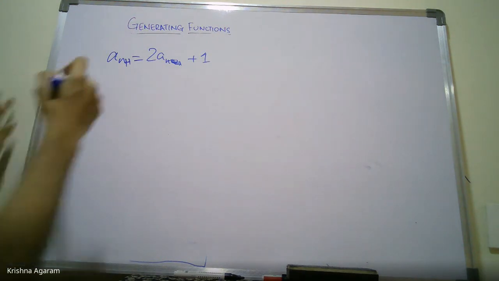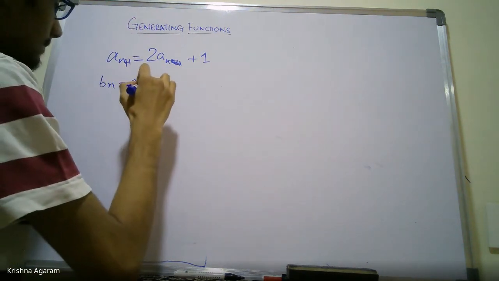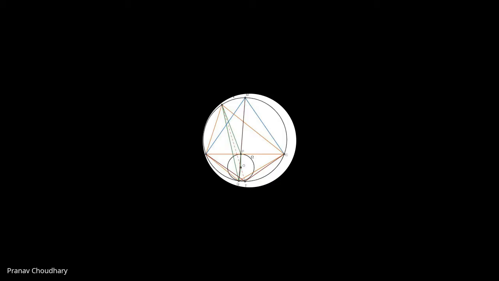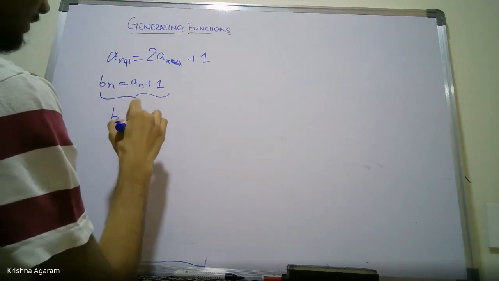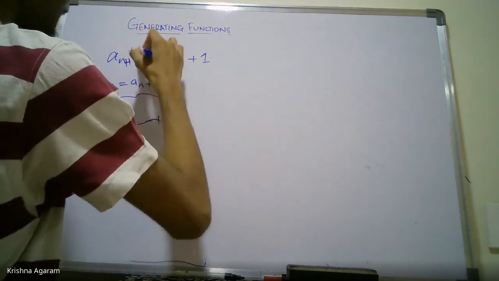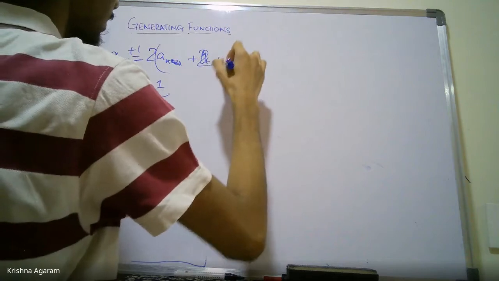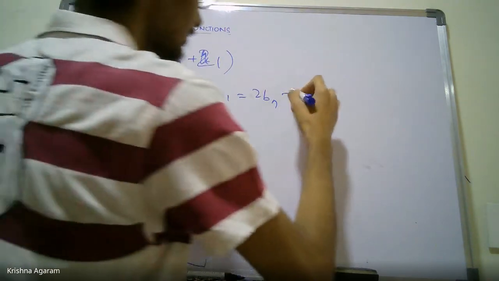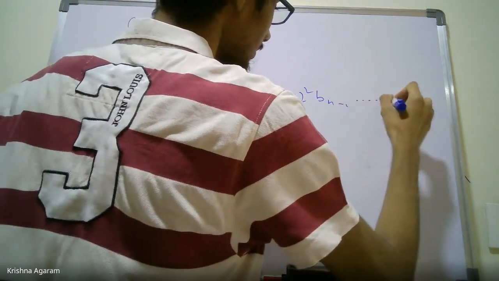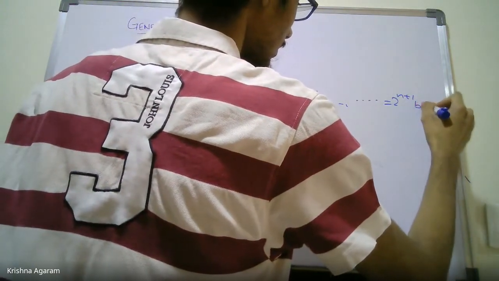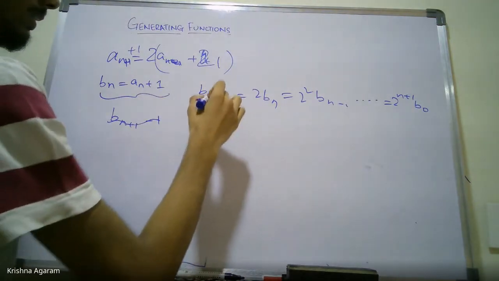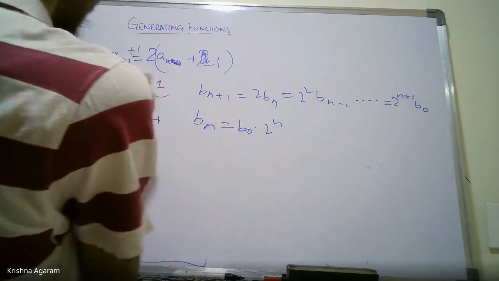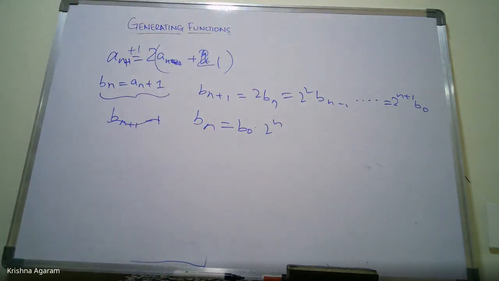So basically you'll write this, right? Plus 1 minus 1, that you can check. So basically when you add 1 here, this 1 comes common. So b_(n+1) is 2b_n, right? Which is 2 squared b_(n-1). So b_n is just b_0 times 2 to the n. And that's a_n minus 1, so you can get a_n from that, right?